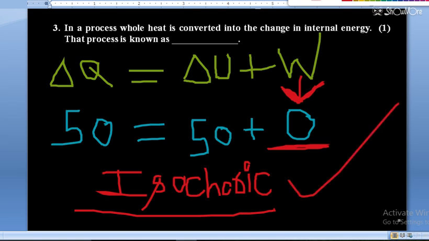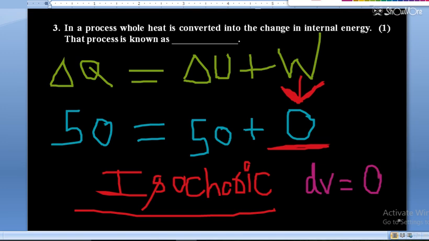So in this process dV is equal to 0. If you have to write the equation but you have to answer the process, it will be isochoric, change in volume is equal to 0. So dV does not change, that's why in this case work done is 0. So the process is called isochoric process, work done is equal to 0, whole heat is converted into internal energy. I hope it is clear. If any doubt is there, then you can drop the message.